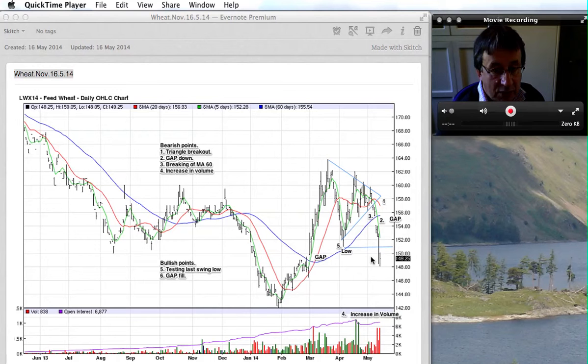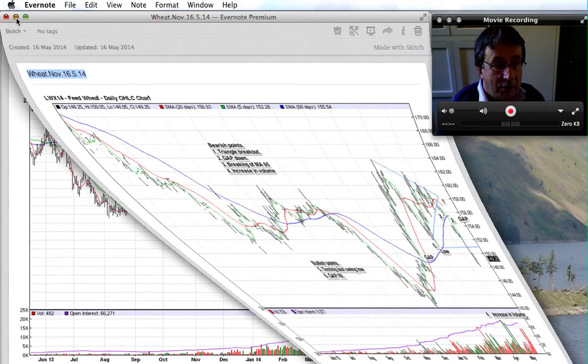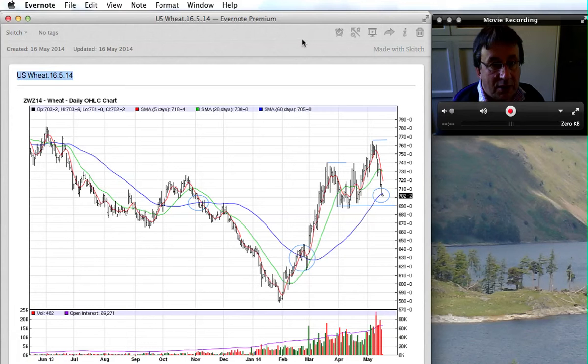There's nothing to say that we couldn't come on down to test this low again, 142. Obviously it really gets worrying if we then take out this 142. So obviously crucial will be Friday night's close to see what happens, and see if we get any signals there. And also obviously the leader and the follower, which we've been using as our benchmark, is US wheat, and